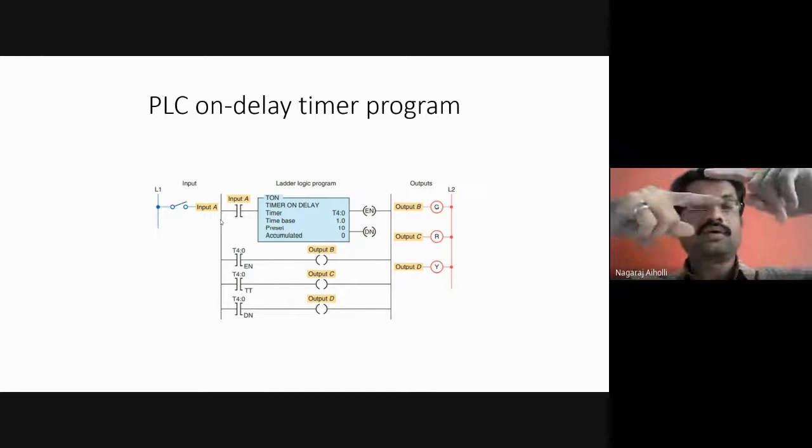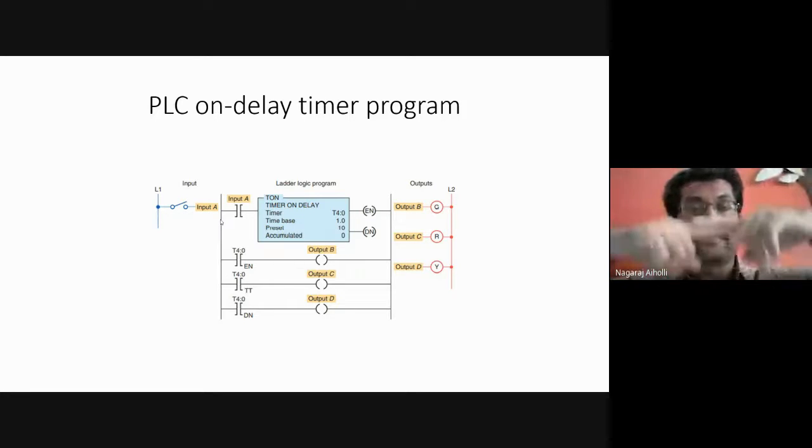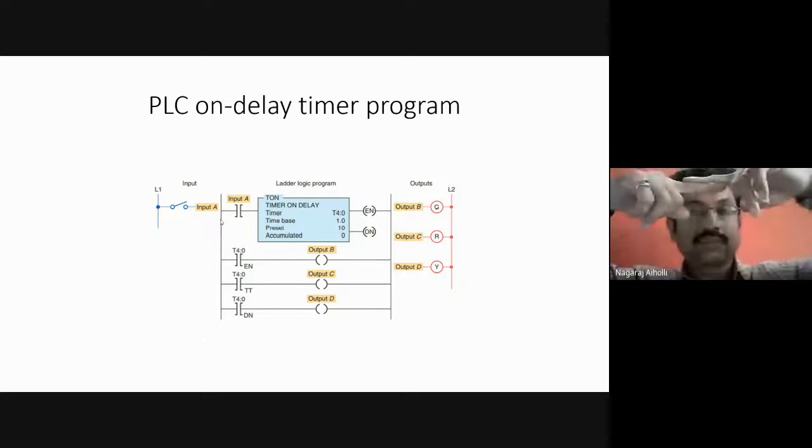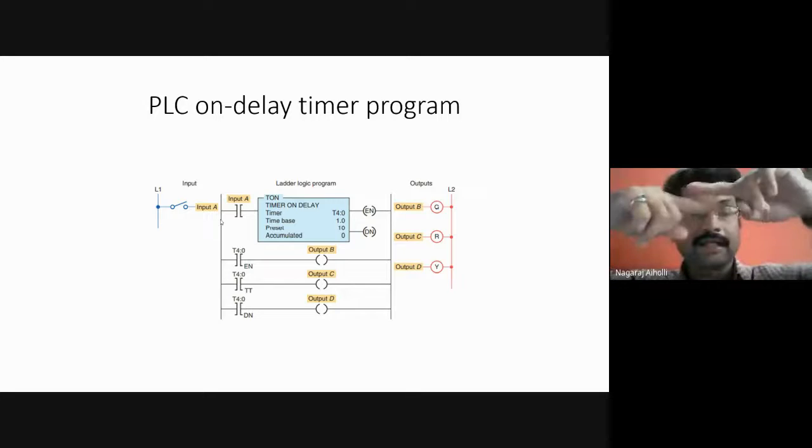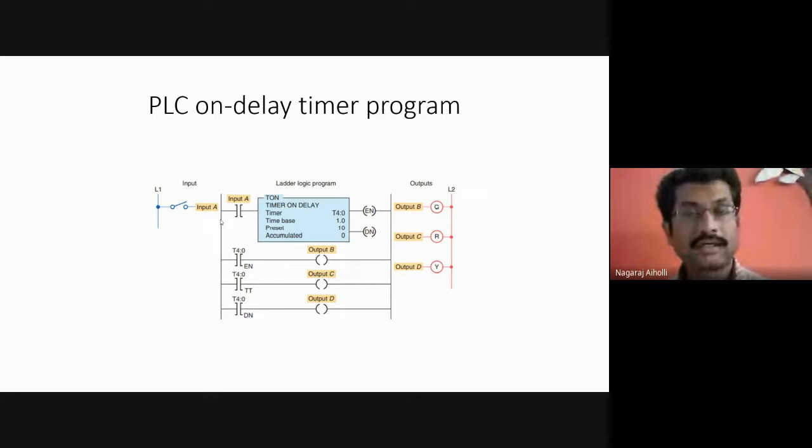Initially the switch got closed. Once the switch gets closed, the continuity is maintained, the rung becomes true, and the timer instruction is enabled by the enable bit EN. Once the enable bit becomes 1, the timer will start to time and go on incrementing.